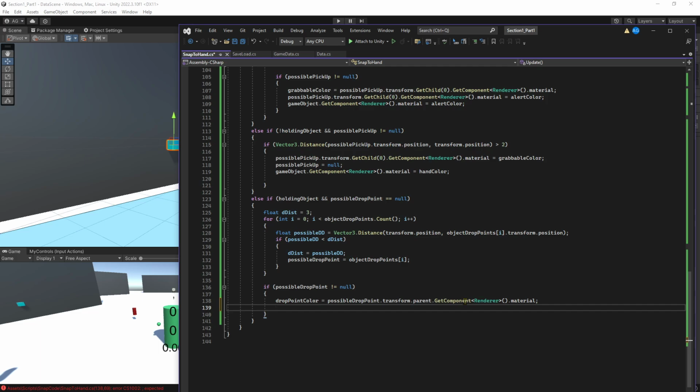Then we're going to say that the possible drop point transform.parent.GetComponent renderer material is going to once again equal our alert color. So we're going to reuse that alert color. Hey, this is something that you can now, you're within range to do something with this. We're going to change the alert color, and our